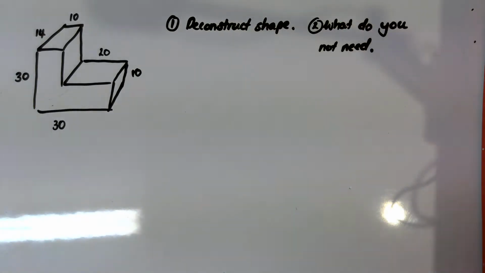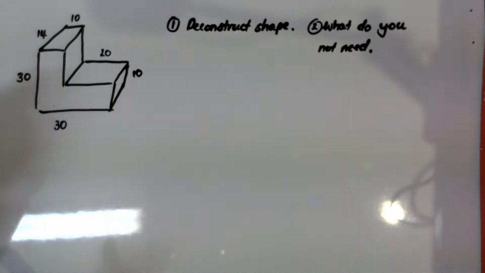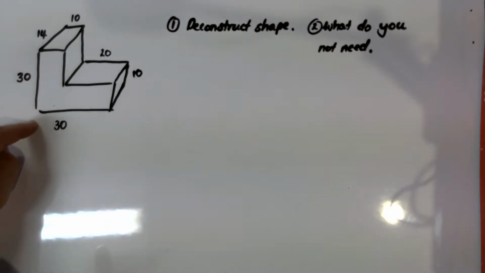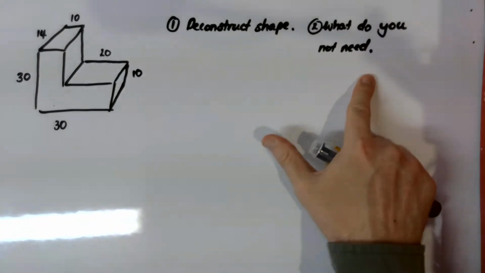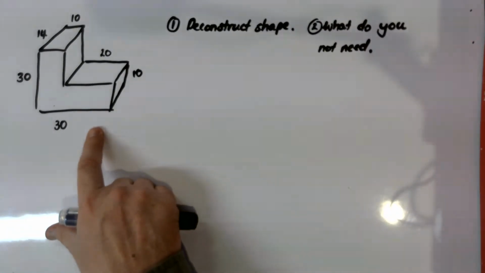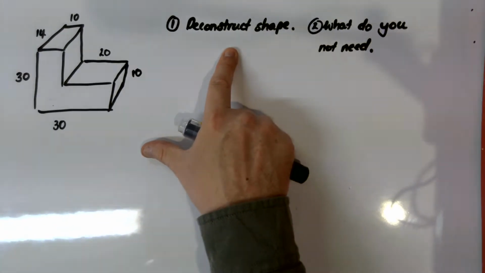Now, okay, g'day guys, we're just going to do an L block here. If you have a look, I've set out the L block that's there. You can write that in your book if you want it. And I'm just going to write down a few different steps that we need to do to be able to solve this particular question. So the first thing I would do would be to deconstruct or basically cut this shape